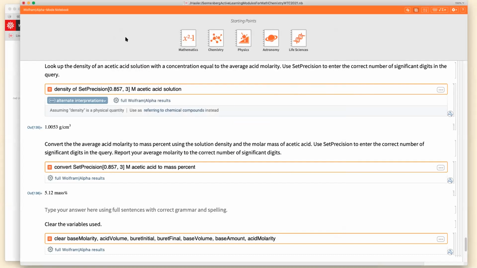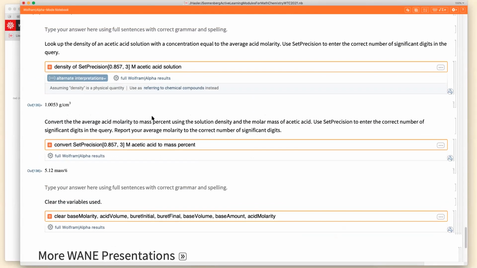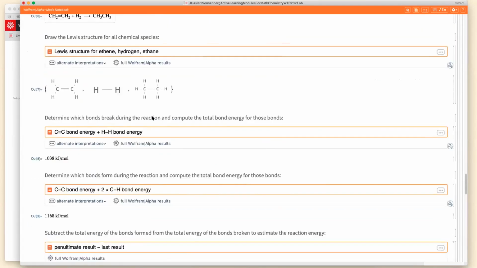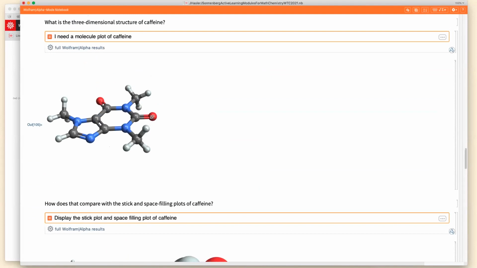And lastly, before I finish, one of the things that I did want to show is how this Wolfram Alpha Notebook Edition can combine with our cloud technologies. And I'd like to scroll back up. Sorry for the fast scrolling. Now, as I said before, visualization is one of the things that can be a big sticking point for many new students of